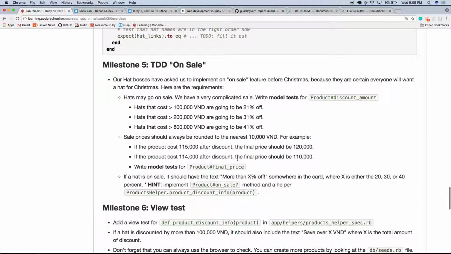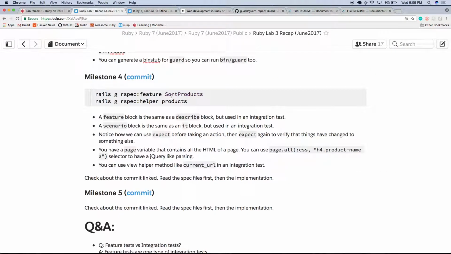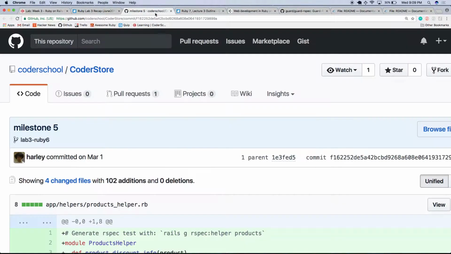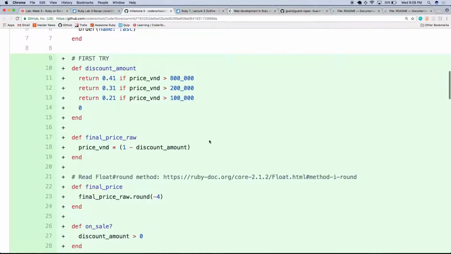And that was milestone 5. So hopefully you guys are able to work through and learn a lot. I'll post this recap, and it has a lot of the commits in it, so you can feel free to go through and check this out